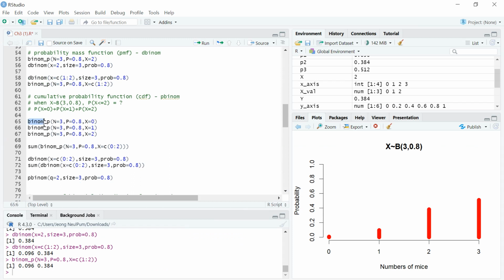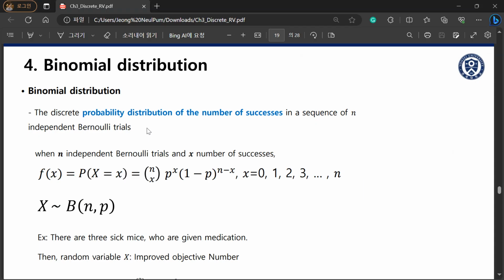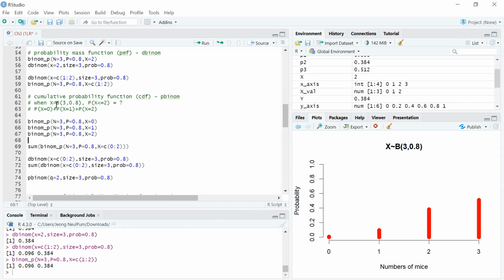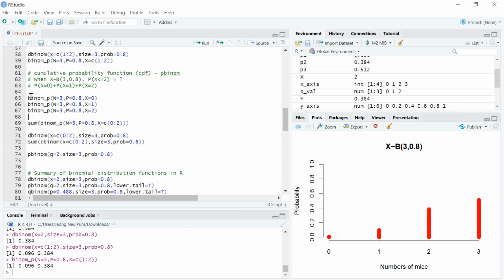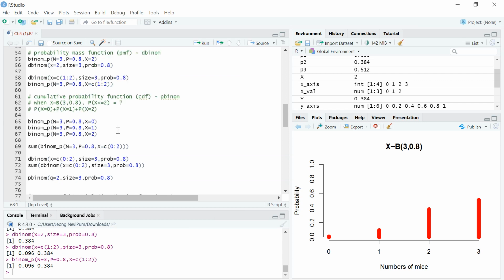So the next is the CDF function. I don't know if you already learned about this kind of notion, but the CDF function is just about summing all the probability. So let's say that we want to get all the probability when x is from 0 to 2, then because we are dealing with a discrete random variable,